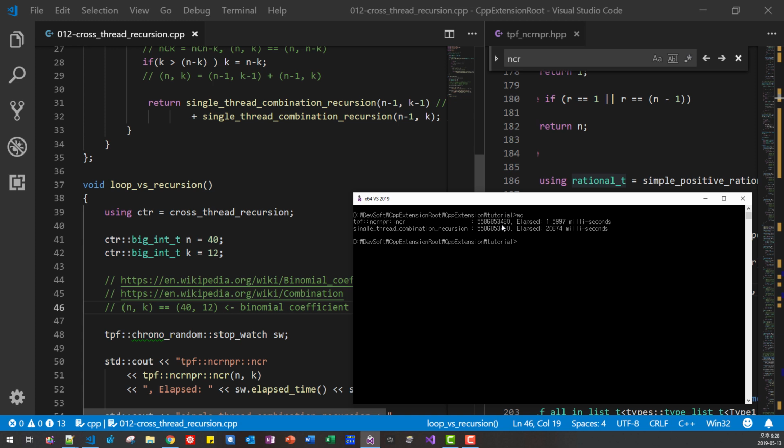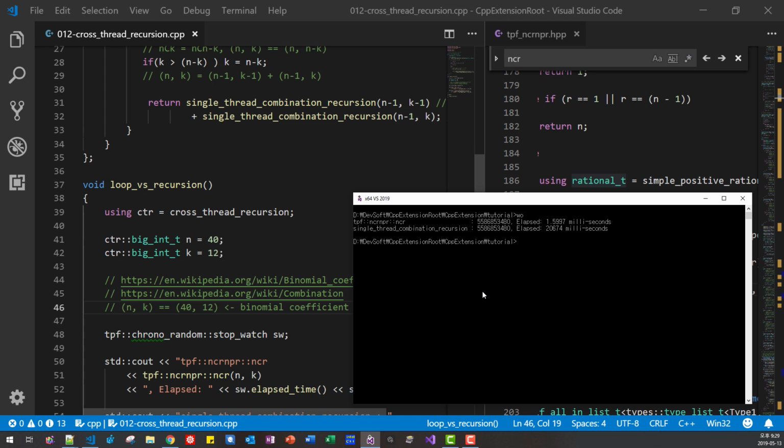This is the same result, but the time is hugely different. It takes just 1.5 millisecond or 1.2 millisecond, while the recursion-based one takes 20,000 milliseconds. There is a huge difference.